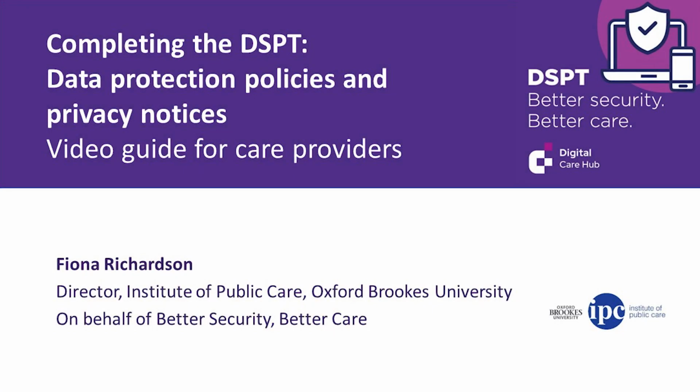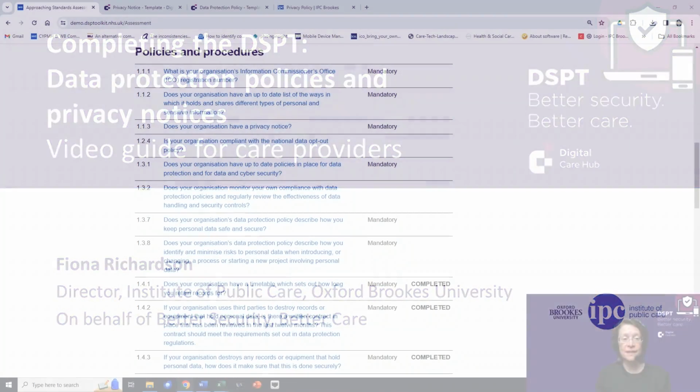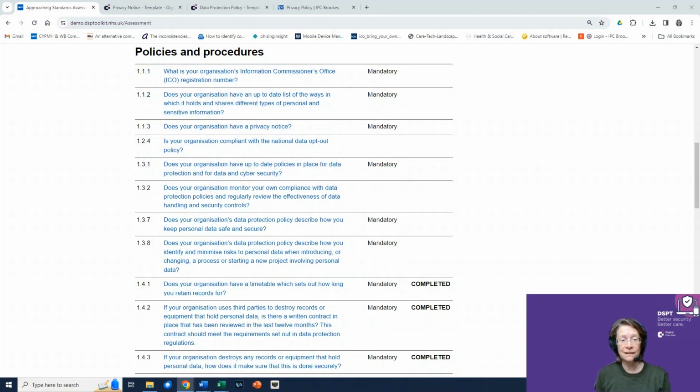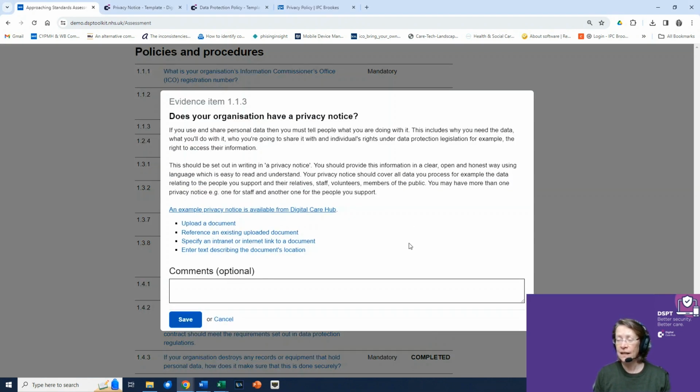This video is about the data protection policies and procedures you should have in place and how you will record and audit those arrangements. So the section covers your privacy notice, data protection policy and what this should cover, and data protection audits. Now, the first mandatory question about this is whether your organization has a privacy notice, so question